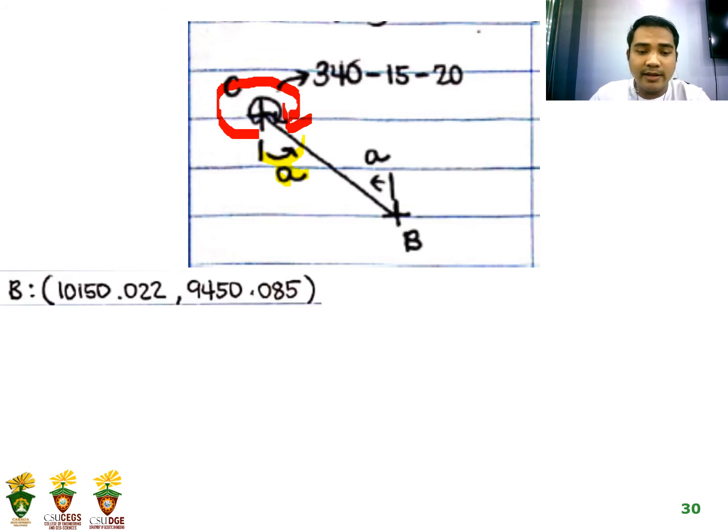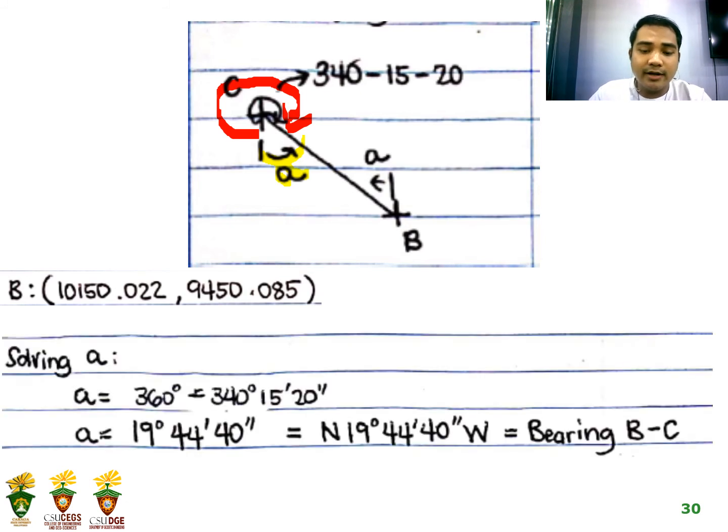And also by the way, the given coordinates of station B are 10,150.022 meters and 9,450.085 meters. Solving for alpha, from the figure we can say that alpha is just 360 degrees minus the azimuth C to B, which is 340 degrees, 15 minutes, and 20 seconds. So it results in alpha being 19 degrees, 44 minutes, and 40 seconds,